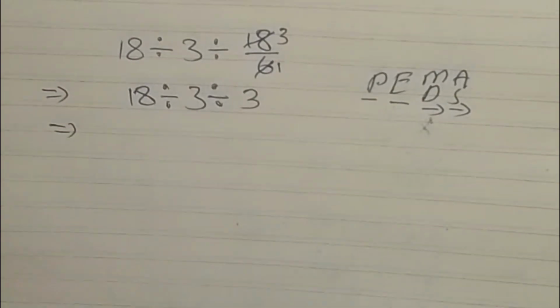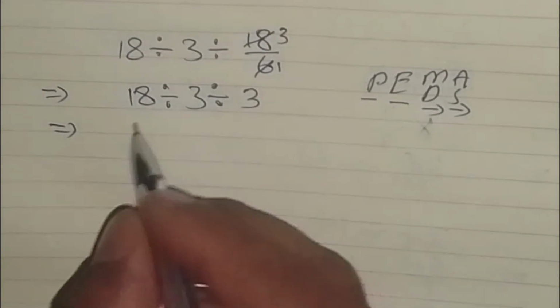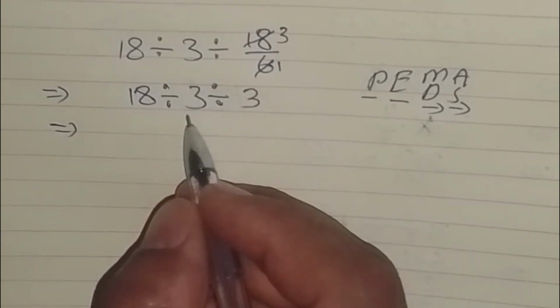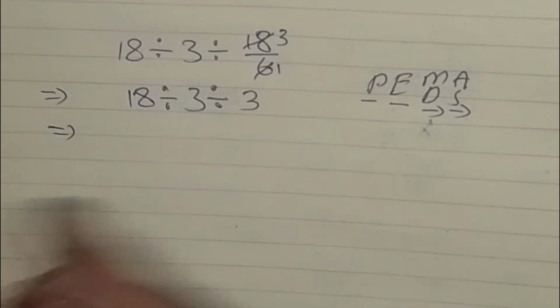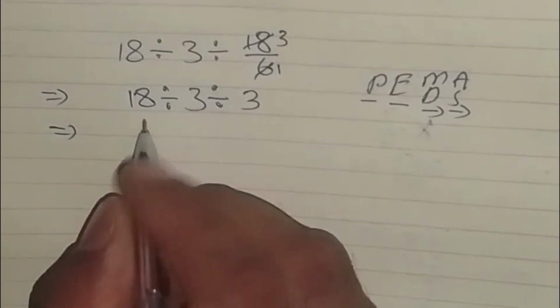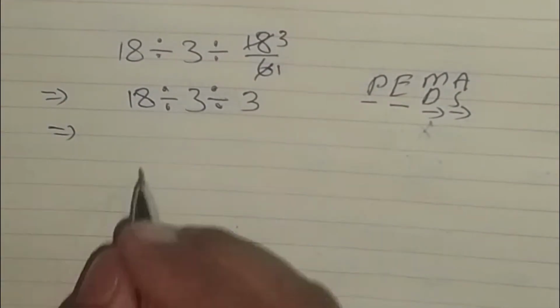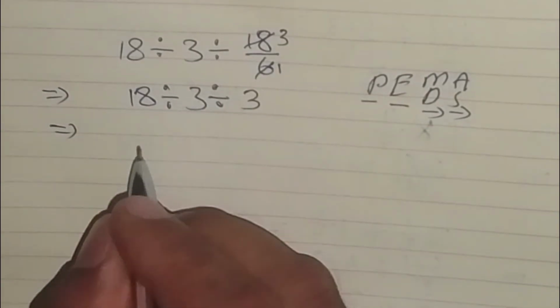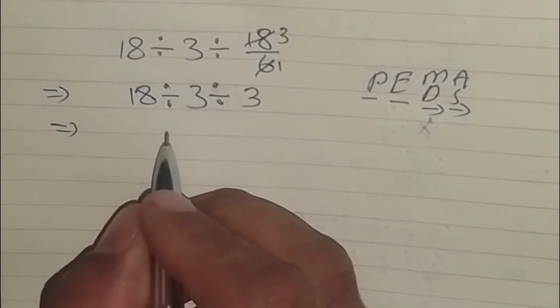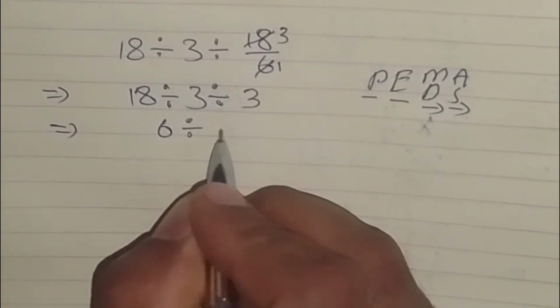Now we solve the first division, then the second division. From the left side we have 18 divided by 3, then we solve 3 divided by 3. So first of all we solve 18 divided by 3. So 18 divided by 3 gives us 6 divided by 3,